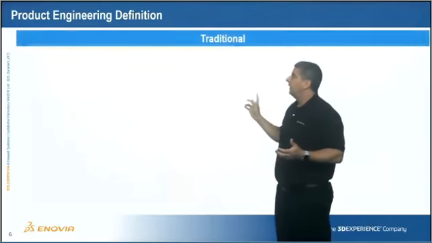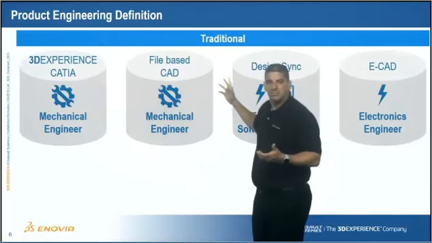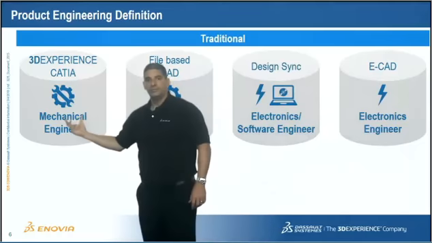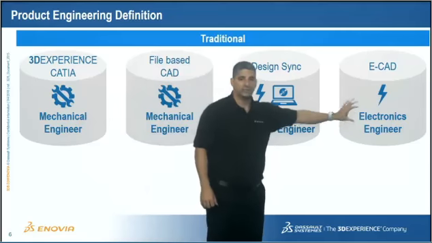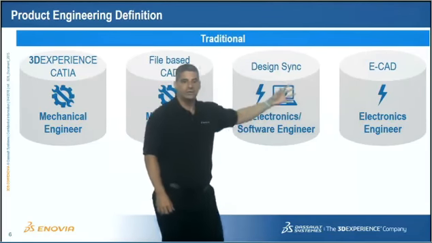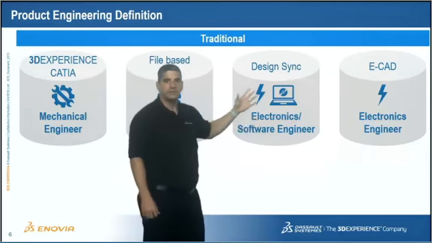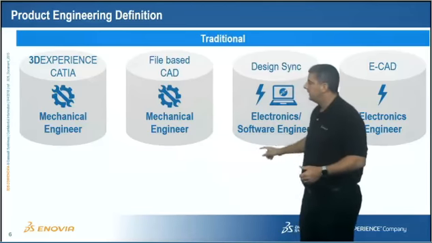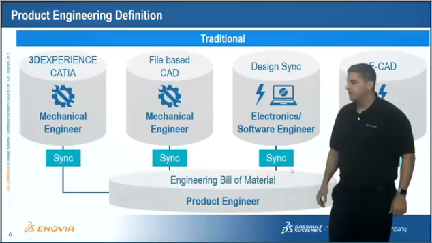And the way that works is when you have the traditional approach, you have your various, let's call it PDM, management of the files, whether it be file-based CAD or next generation CAD with 3D Experience CATIA, or things like software or electrical, ECAD, and being able to manage all these things with their respective connectors, with their respective tools that are needed to manage and release those particular designs. When you want to integrate these things together, what do you do? You synchronize those into a bill of material, an engineering bill of material,